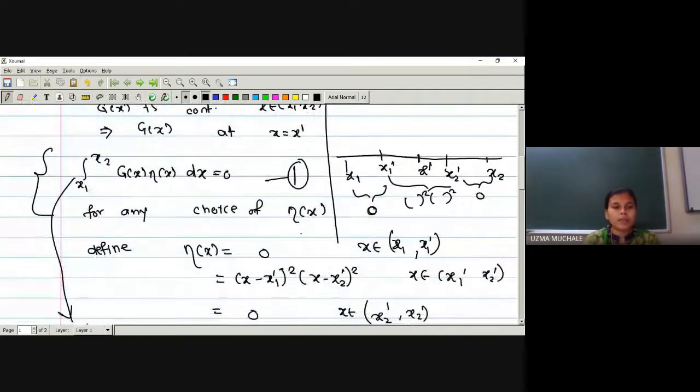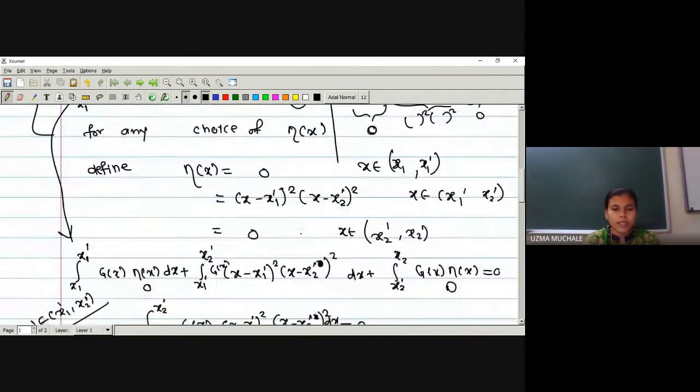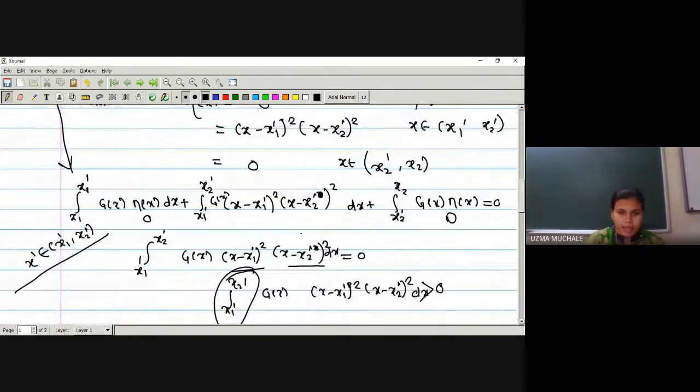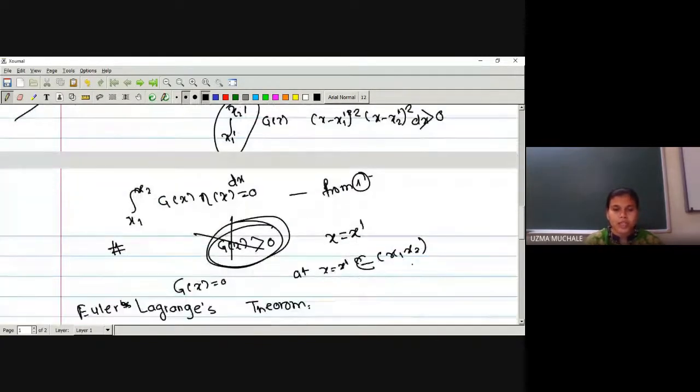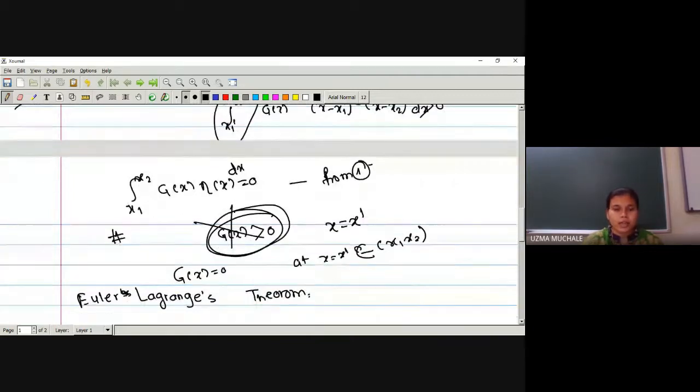And then we have split the interval. After splitting the interval, we have constructed a function in such a way that we come to the contradiction, right? So here we have constructed a function such that these two values will be greater than 0. Now, squaring is always a positive number. We had assumed that g of x is greater than 0 in the interval x1 dash to x2 dash. So the resultant term will be greater than 0, but the value of this integration is equal to 0 in the whole interval x1 to x2, and hence the result.